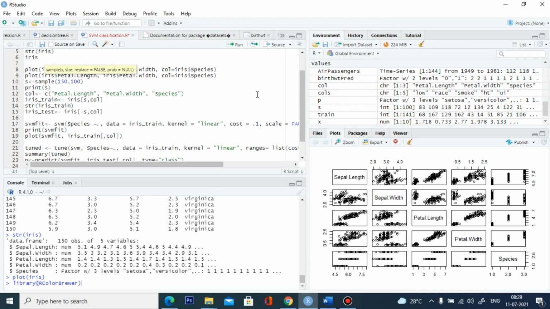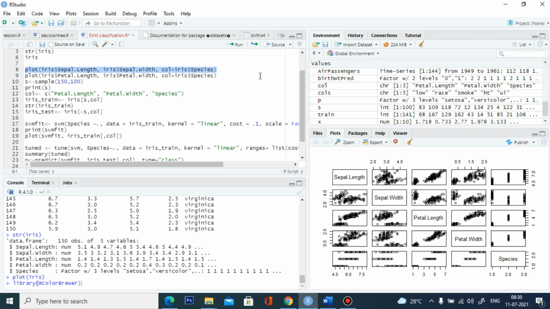We are going to see how the plot is going to be shown for the classification of 3 species based on individual variables. For example, in the 8th line, I am going to plot your iris data set based on the variables sepal length and sepal width. The column is iris and species, so we are going to do it with sepal length and sepal width, with the species separation being Iris species.